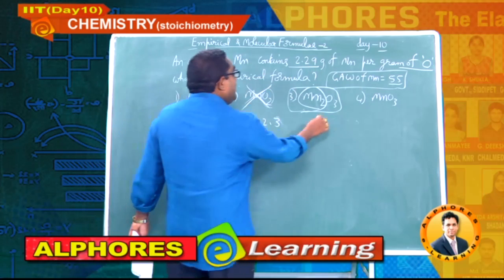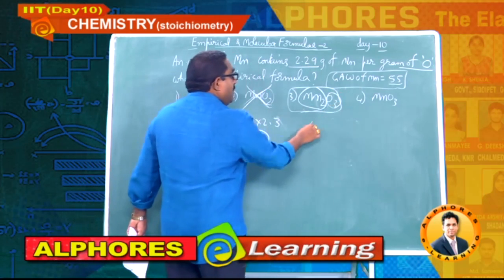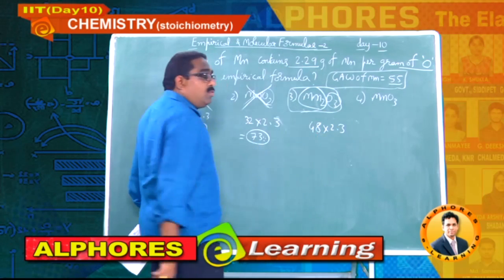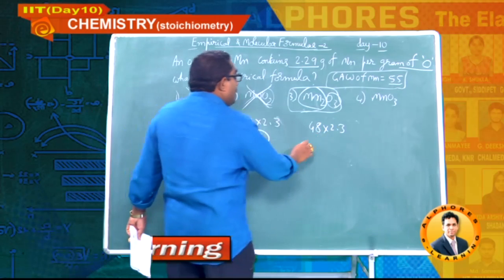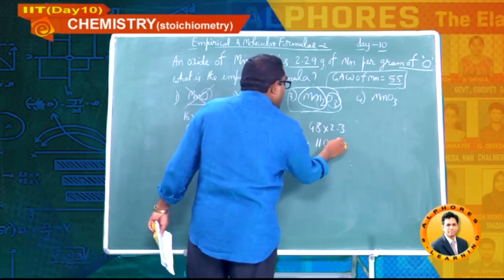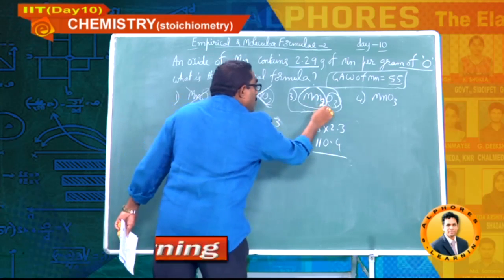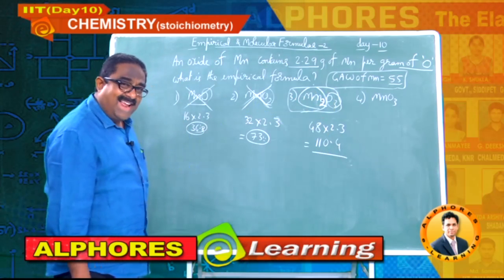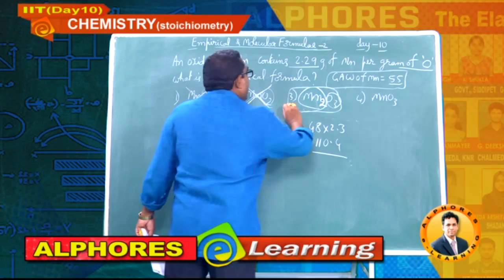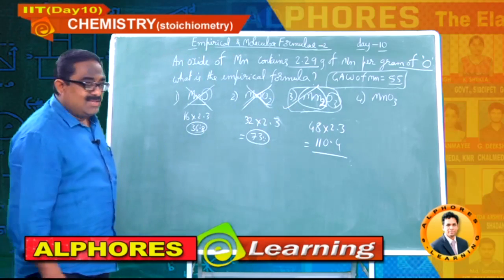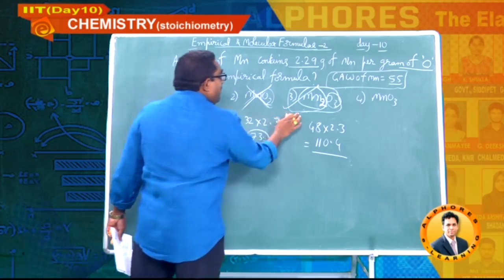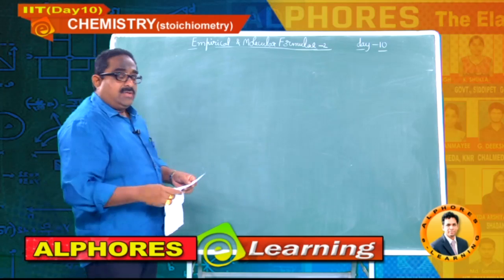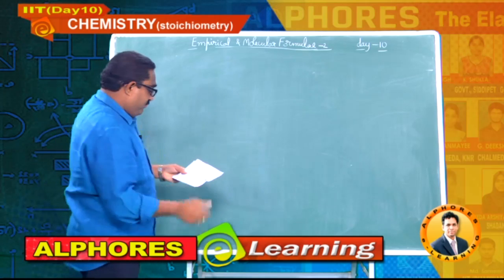Okay, next come to this. Here 3 oxygen atoms are there, 48. Then the mass of manganese I am calculating: 48 into 2.3. So here you will get exactly 110.4. So Mn2 here, 2 into 55, 110 you will get. So you can fix this as the answer. That condition is matched with this empirical formula. So this is the final answer, students. Okay, students, write down the next question.